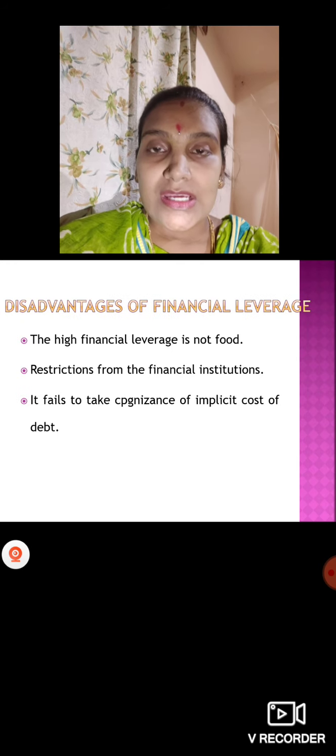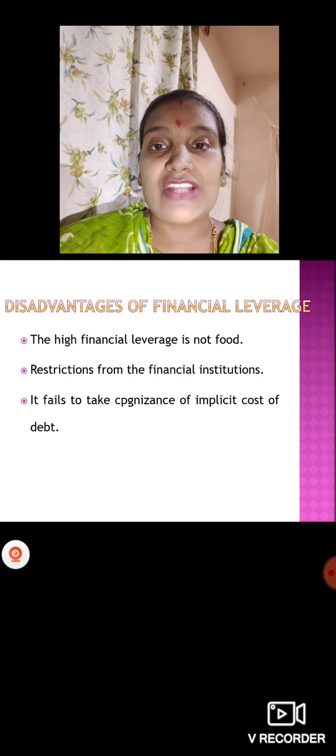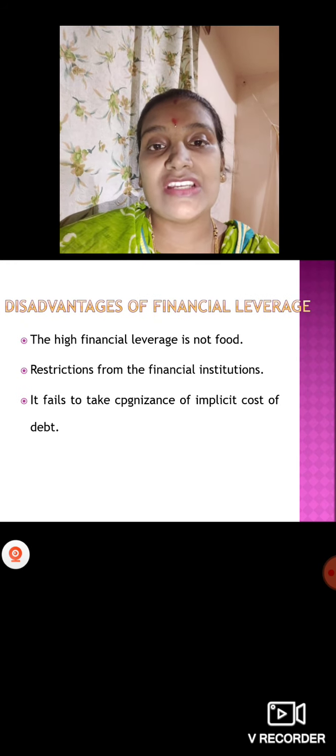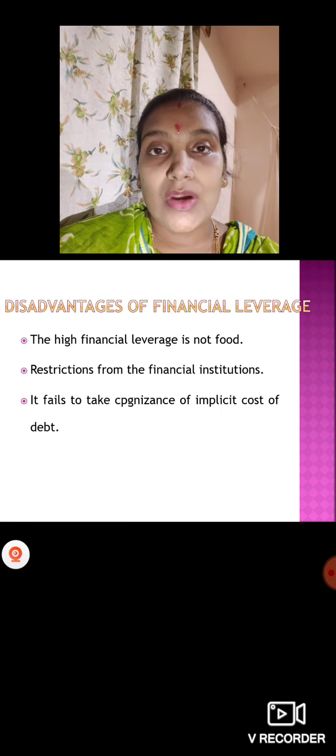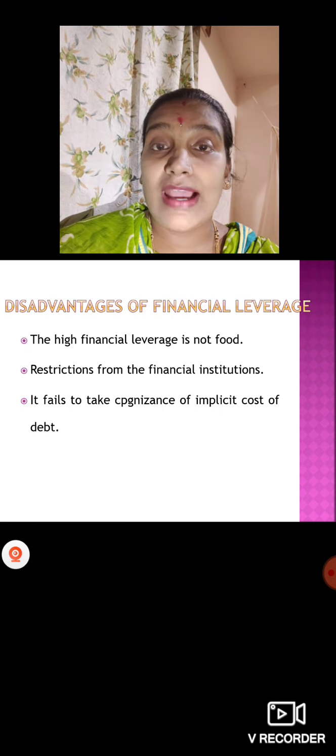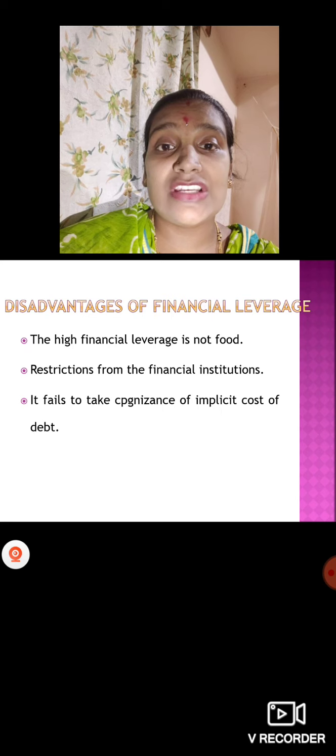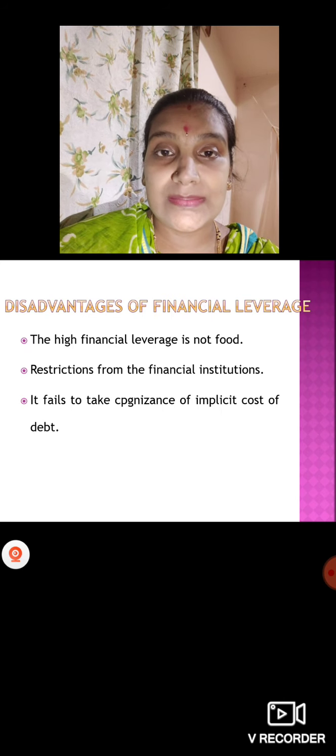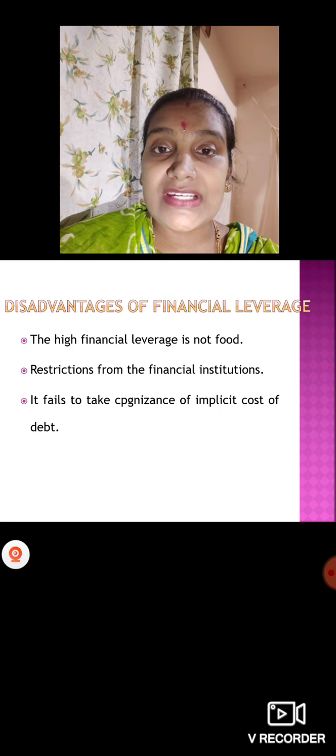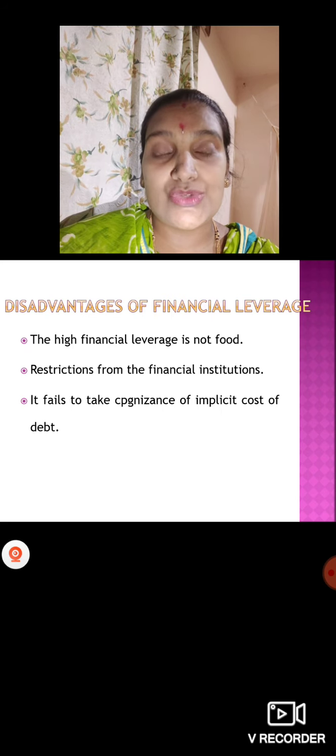The next are the disadvantages of financial leverage. High financial leverage is not good. As I said, high operating leverage shows us high risk of the business. Like that only, high financial leverage is not good for the business. Then there are restrictions from the financial institutions, because